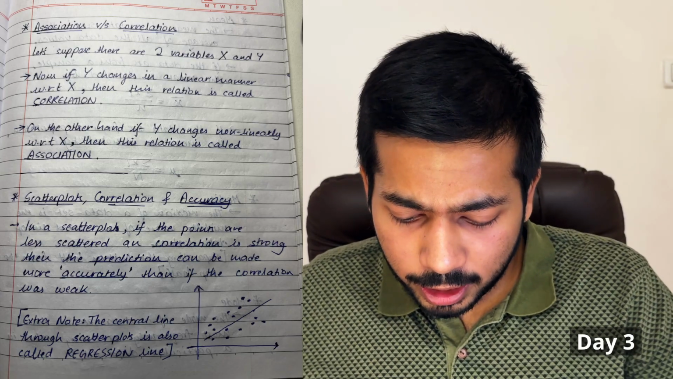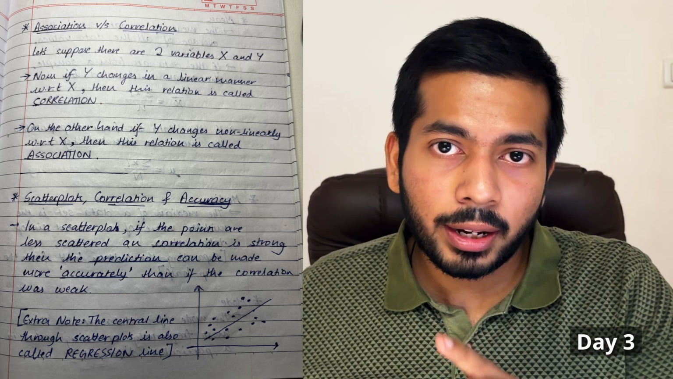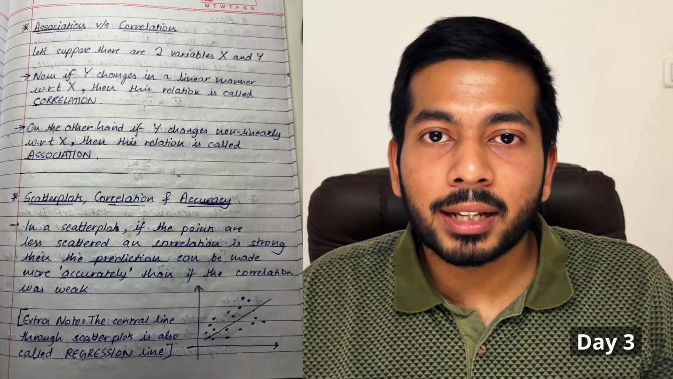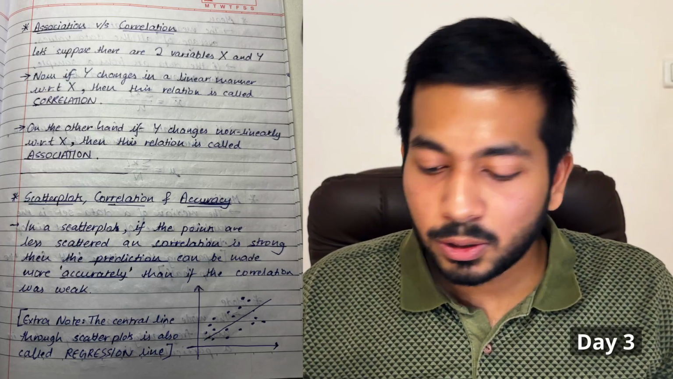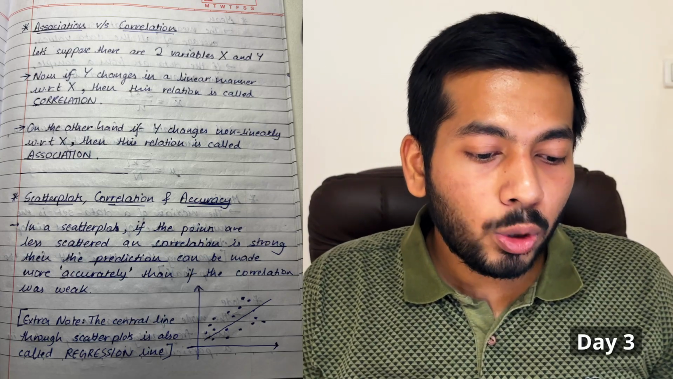Let's look at this extra note as well. The central line through scatter plots is called a regression line. Again, Mr. Tathagat, our professor, said that we'll look at this later in the lectures, so I'm not concentrating much on it right now. Let's go to the basic